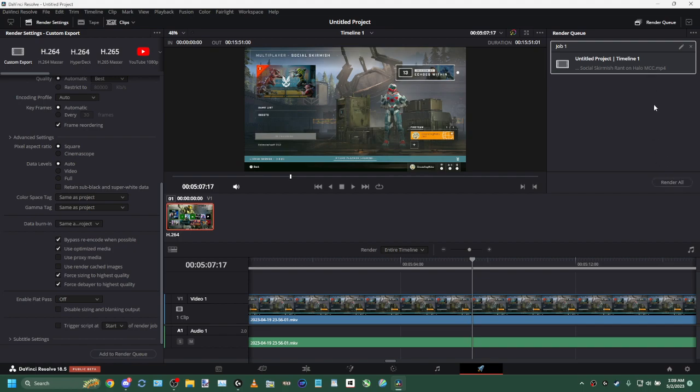It depends on the settings you set for your video, and it depends on the hardware in your computer too. If you have more than 16 gigs of RAM, a fast CPU and a good GPU capable of rendering high loads, it could take anywhere from like a minute all the way up to